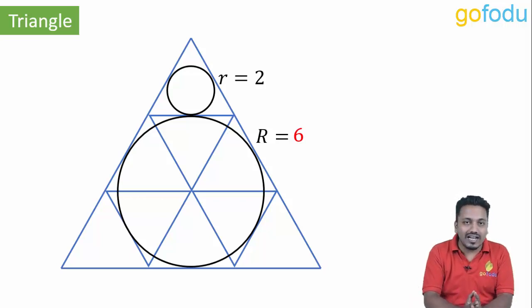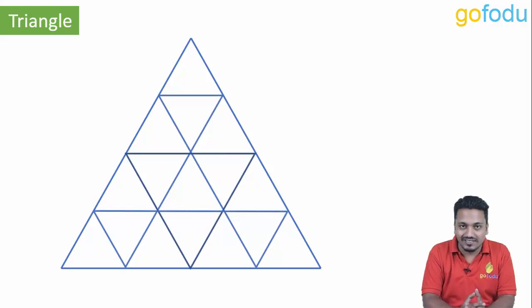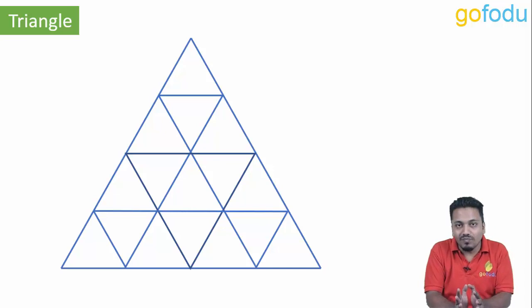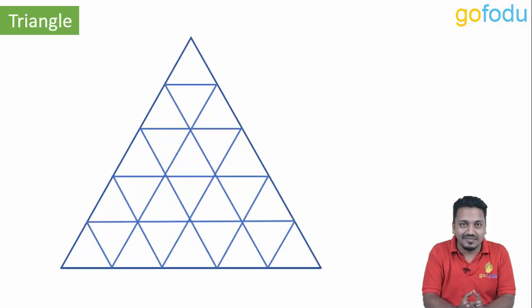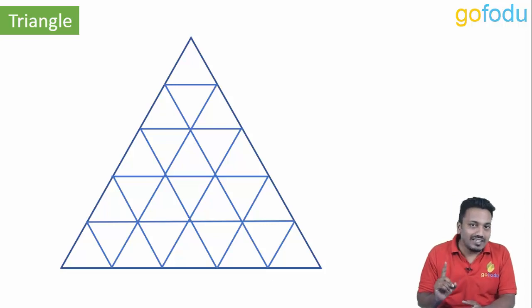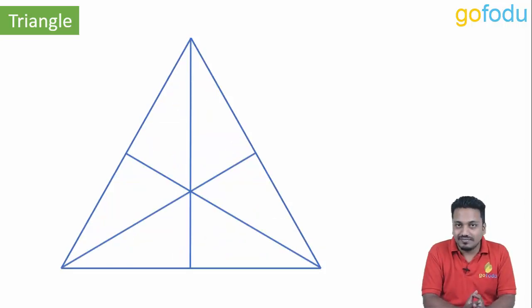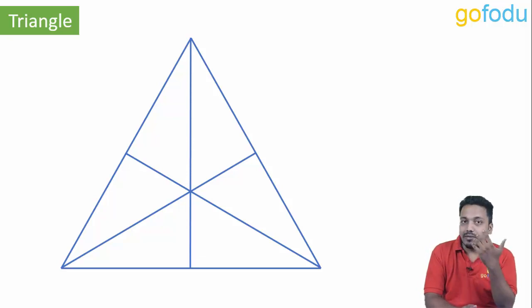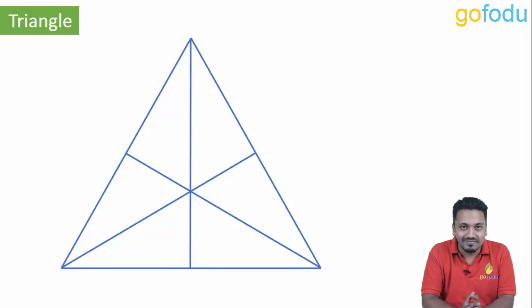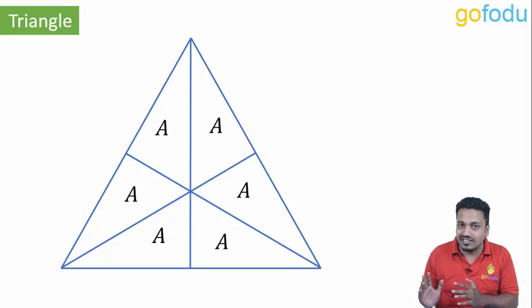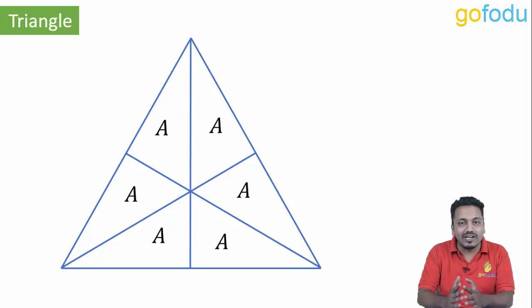We can also divide the triangle into 16 smaller triangles like this. And as you must have guessed by now, further division will be into 25 congruent triangles. Now there is one more way in which we can dissect this triangle. These lines can be medians, altitudes, angle bisectors, perpendicular bisectors, all are same for equilateral triangles. Now we have seen this in earlier videos that all these triangles are of equal areas. Medians divide triangle into smaller triangles of equal area.